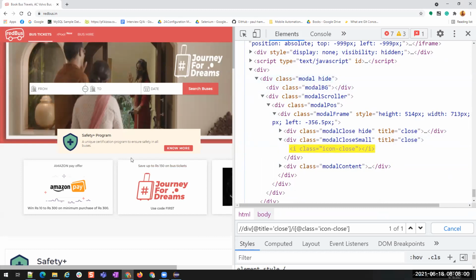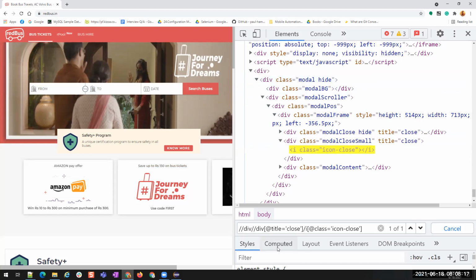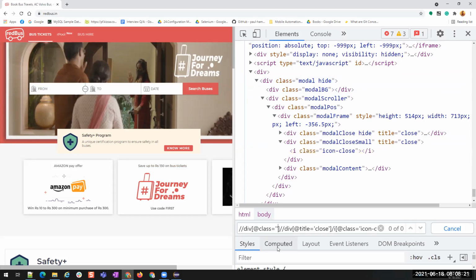In such cases where you will find multiple matches, you have to analyze the parental hierarchy. So what I can do is add another div here whose class is just modal. That's all.